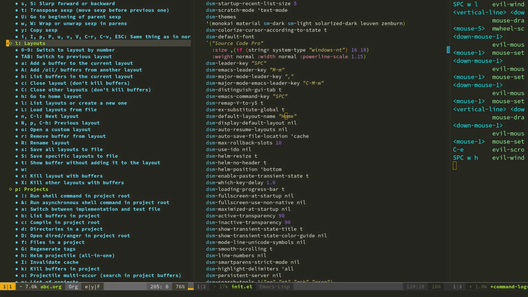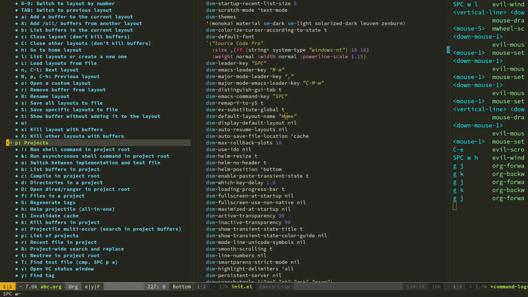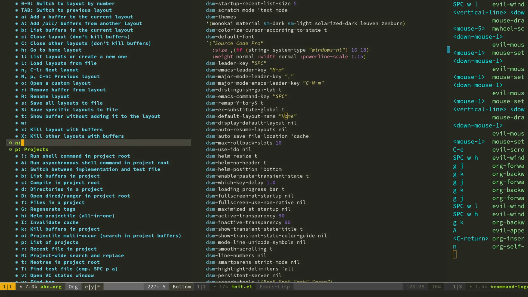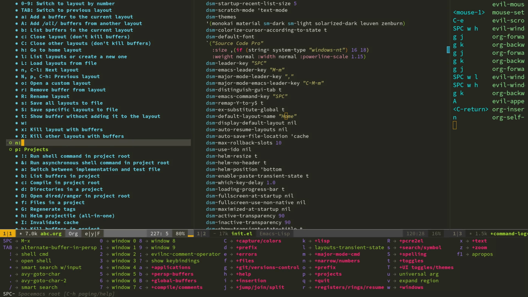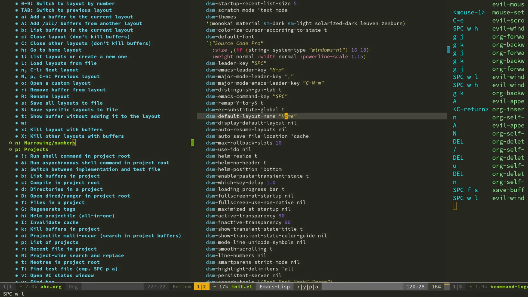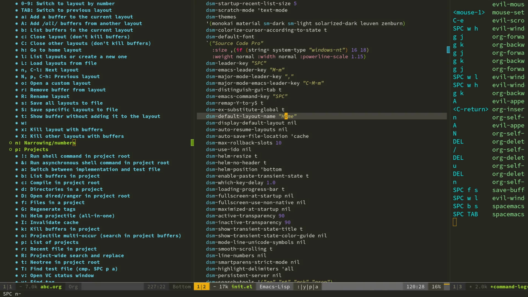So last time we finished with L and P. And I think we skipped N, so we'll start there today, and N comes after L. So N stands for narrowing and numbers. Numbers. So space N